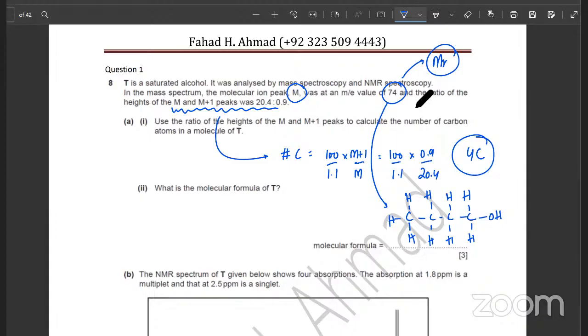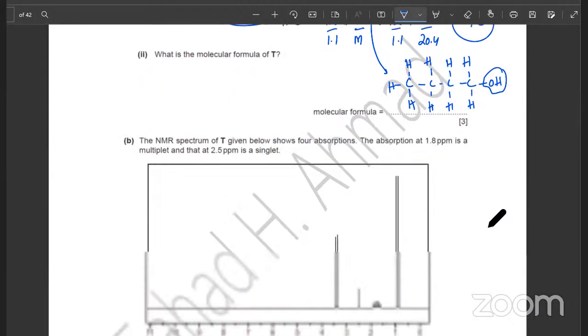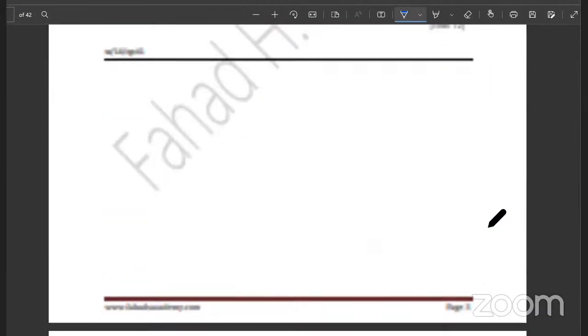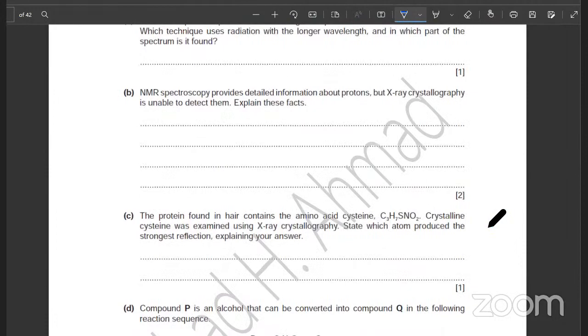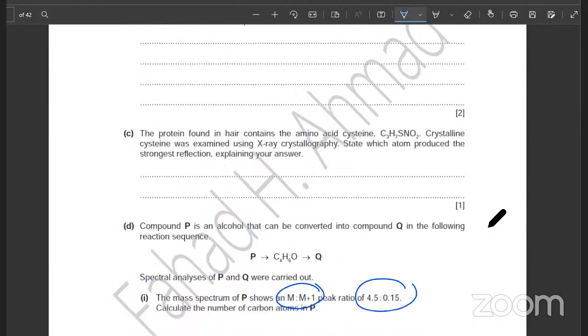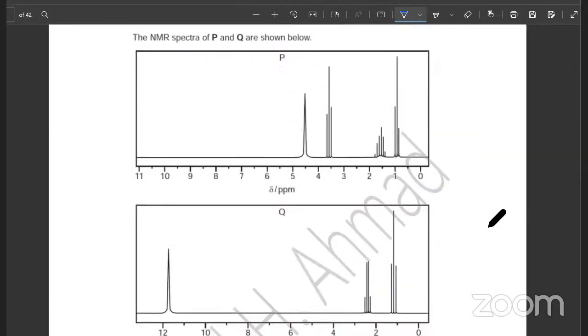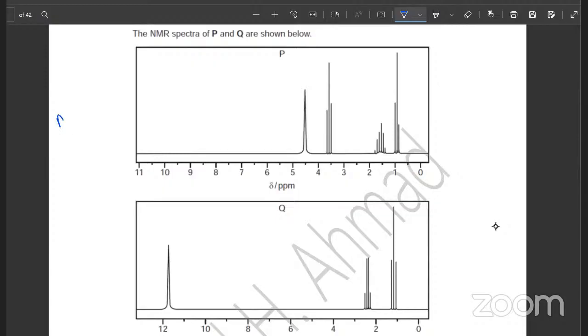The only issue is mass spectroscopy only deals with mass. So it won't tell you where the OH is. So you're not sure the OH is at that position or the carbons are all in a straight line. So you can figure out the molecular formula, but you can't really tell what the structure is. I said that's another thing that you can figure out. What else can you figure out? You can figure out the number of chlorines and bromines. The only thing you have to remember about that is that if you've got